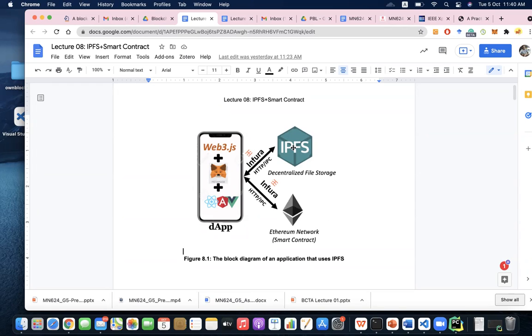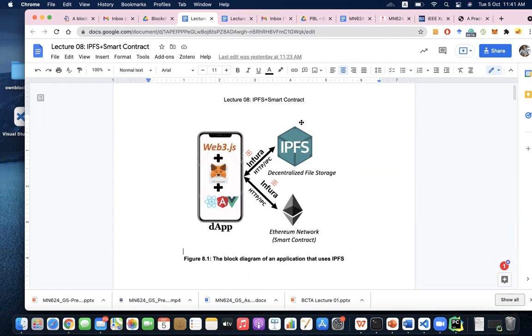So that's what we will do. We normally use a different, free, decentralized file storage system. We'll send our digital evidence to this file system, IPFS, but the hash code of that evidence will be put into the blockchain using this smart contract. Smart contract will help us. So first of all, from a user interface, we will take the digital evidence. Then that evidence will be sent to a